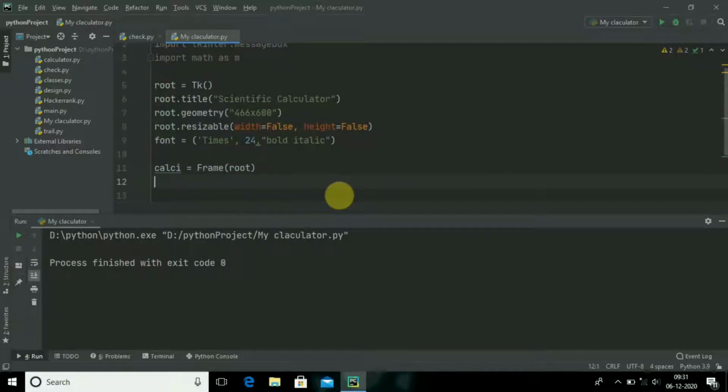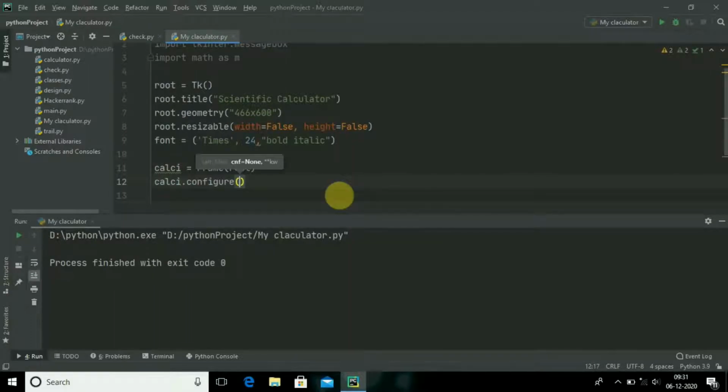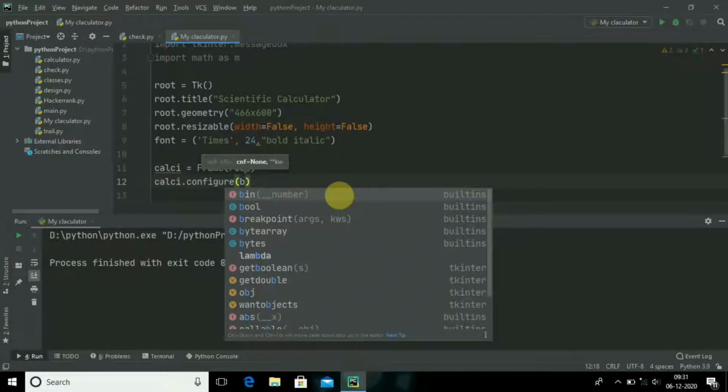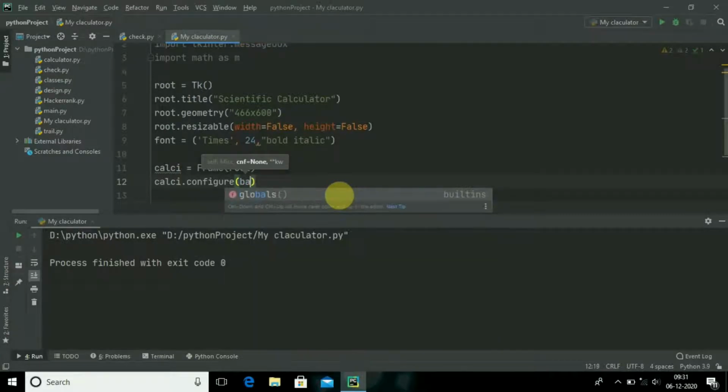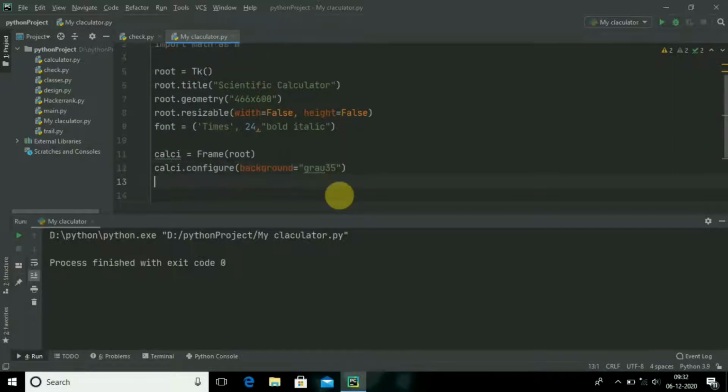Don't forget to give it as root. Then after calc_frame.configure, and what is the color that should appear on the frame. So background, and for background color I will give gray35. Depending upon your choice, whatever color you can give.